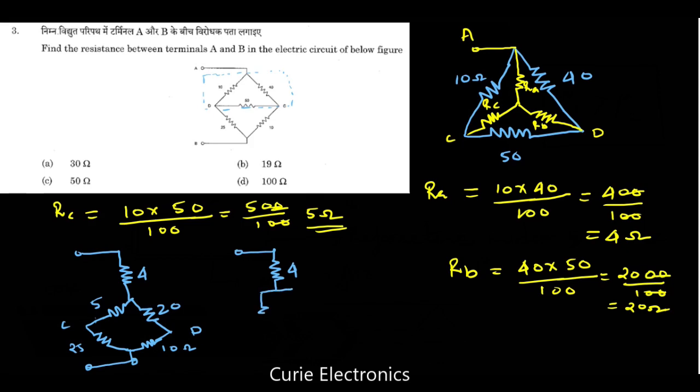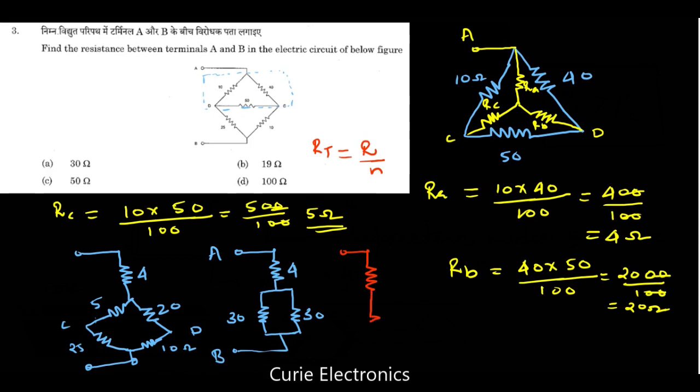in parallel with 2 resistors. Both are 30 ohms. This is our A and B. Now if we simplify, what do we get? When 2 resistors of the same value are in parallel, which equation do we use? RT equals R upon N. So here we have 30, how many resistors of 30 ohms? 2. So finally we'll end up with